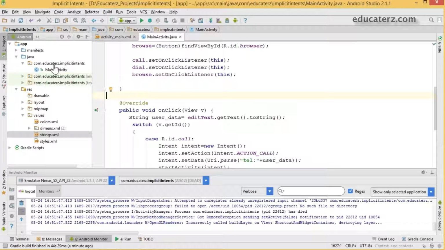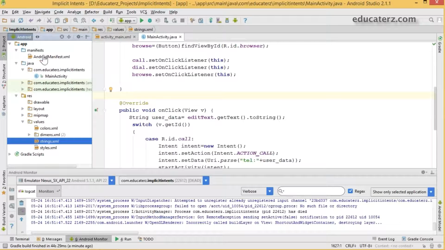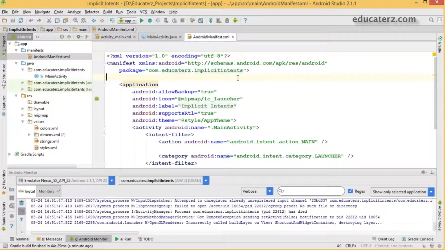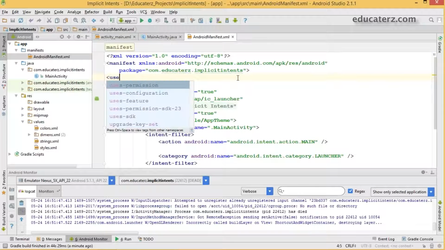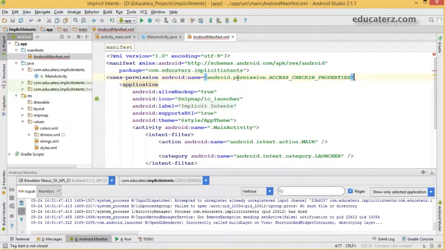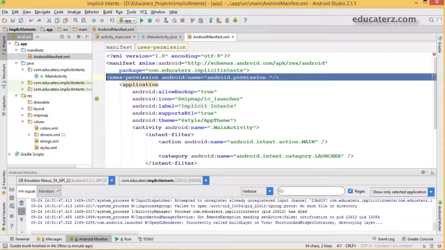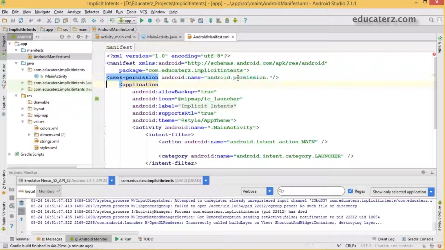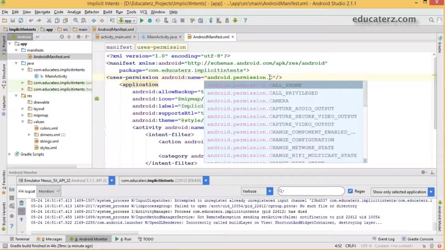So where do we declare permissions? In our manifest.xml file. Just create the permission like android.permission.CALL_PHONE.